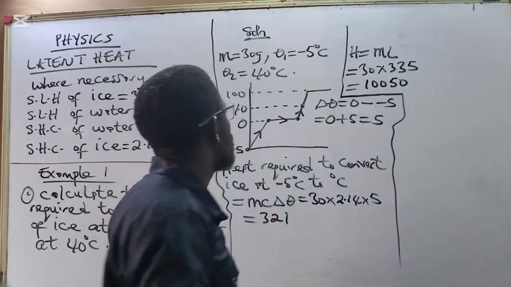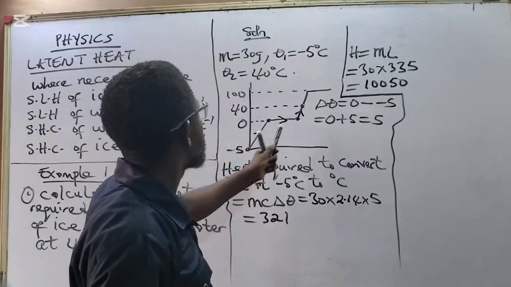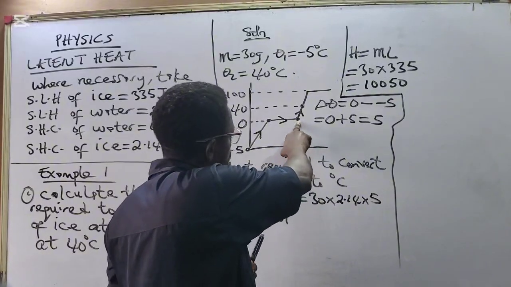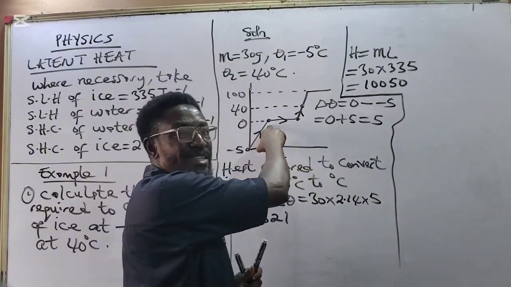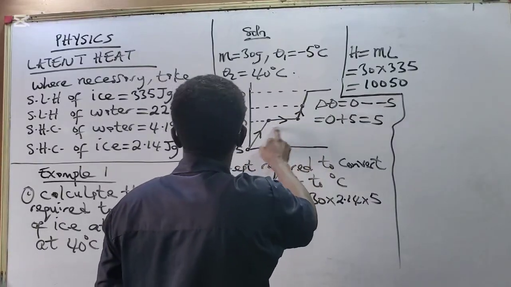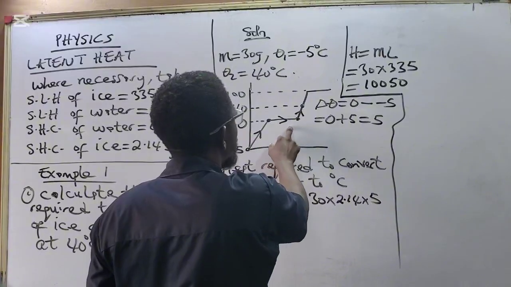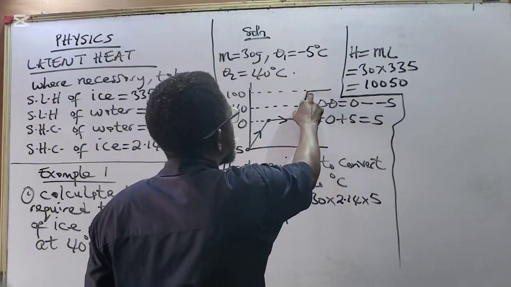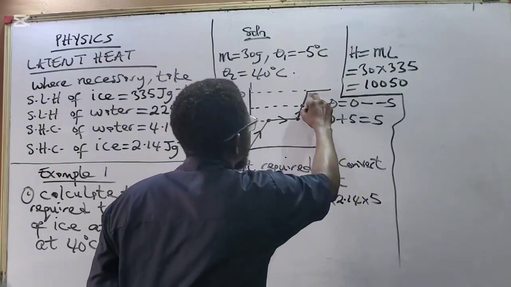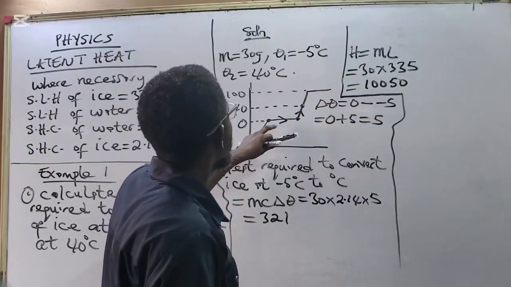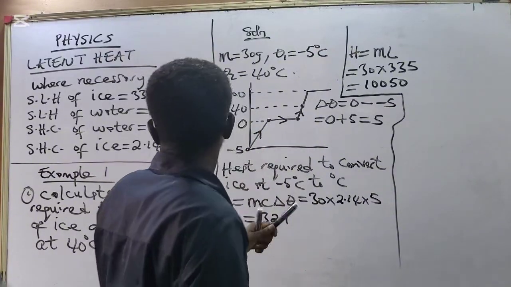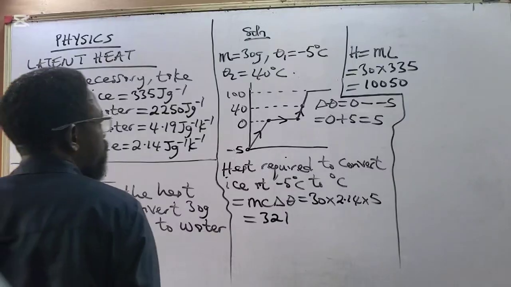So the next thing I'll do is to calculate the heat required to convert the ice to water. At this point, we have ice at 0, so the ice will melt to water. Hence, we're using the specific latent heat of fusion of ice. Now at this point, where we have 100, we use the specific latent heat of vaporization. So that's where water will vaporize. Now that we have calculated the first one and the second one, from here to here, the heat required to convert